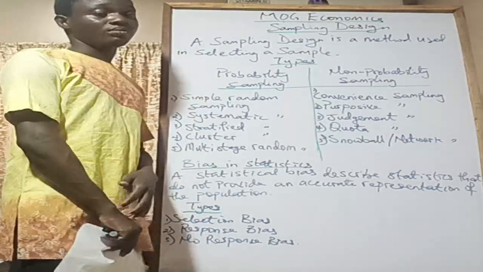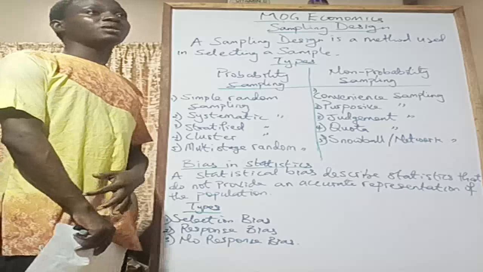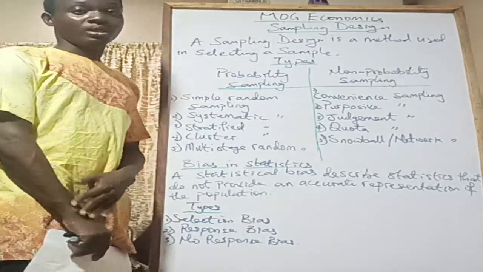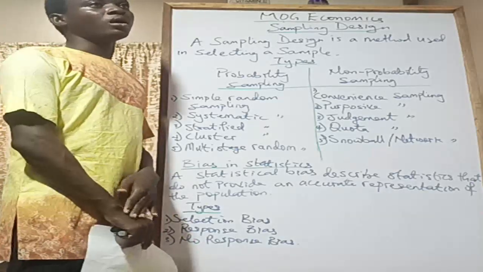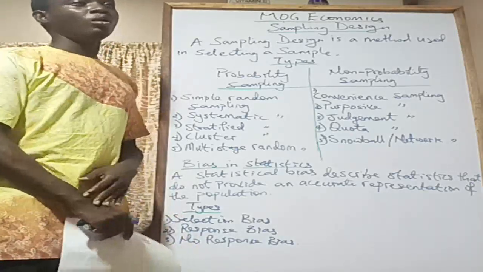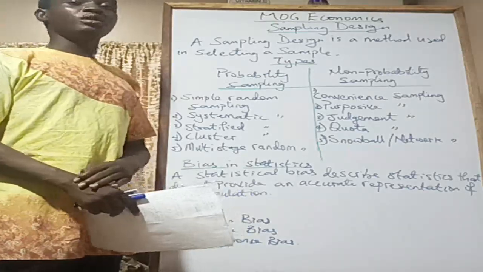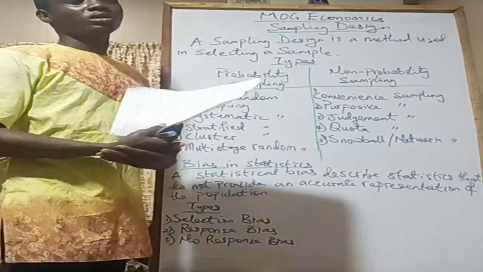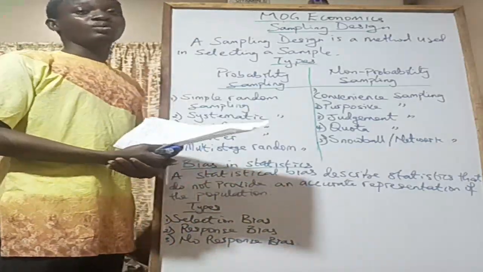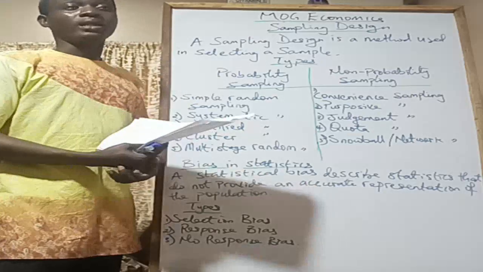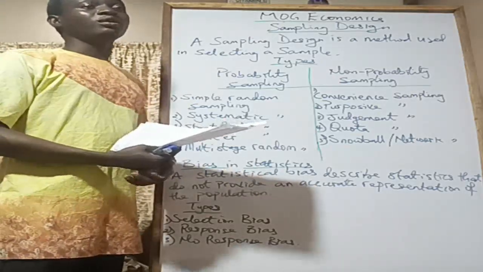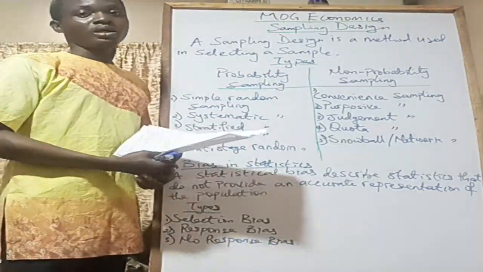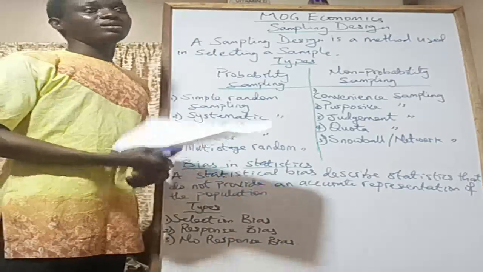So we have selection bias. Selection bias occurs when a researcher chooses a wrong set of respondents for a research exercise. Okay, you are trying to bring up a sample, and then you pick the wrong set of respondents in your sample, and at the end of the day, they end up not having the kind of characteristic that the population has. And that affects your outcome. Okay, so let's say for example,